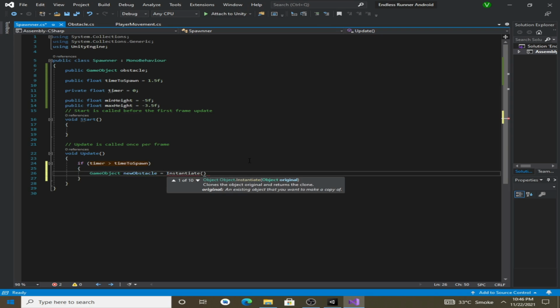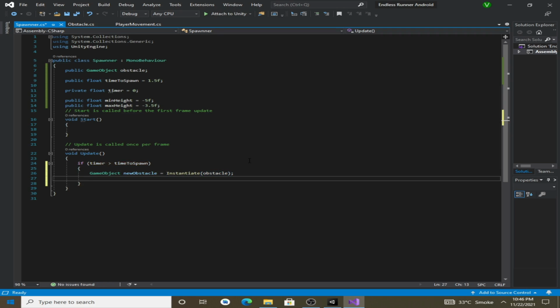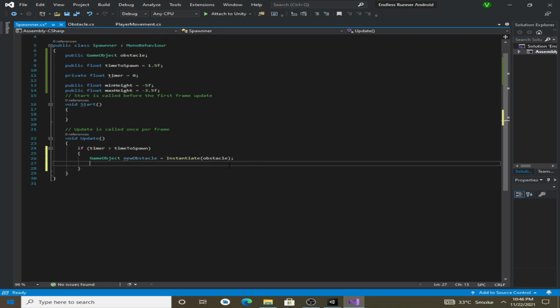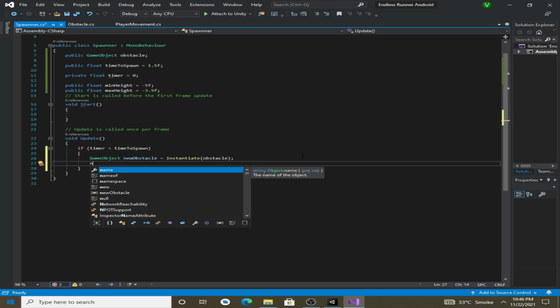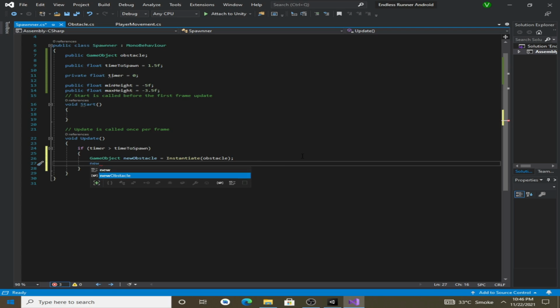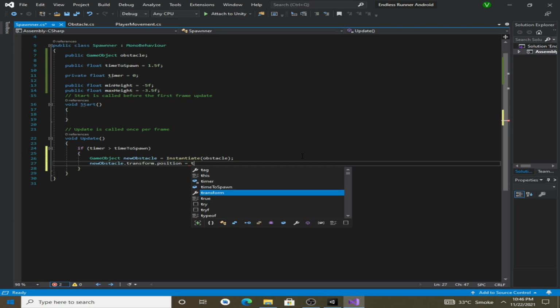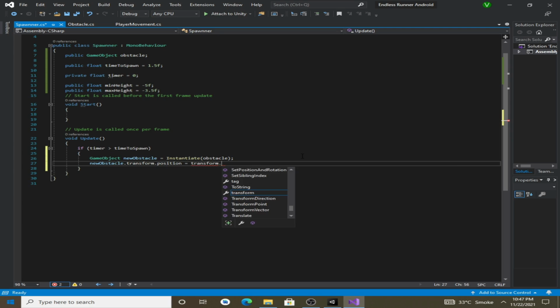So it will instantiate the obstacle, which is our obstacle prefab, and after instantiating the new obstacle we can modify its position. So we will say new obstacle dot transform dot position equals transform dot position, that means the position of this spawner, and we will also add a new vector 3.